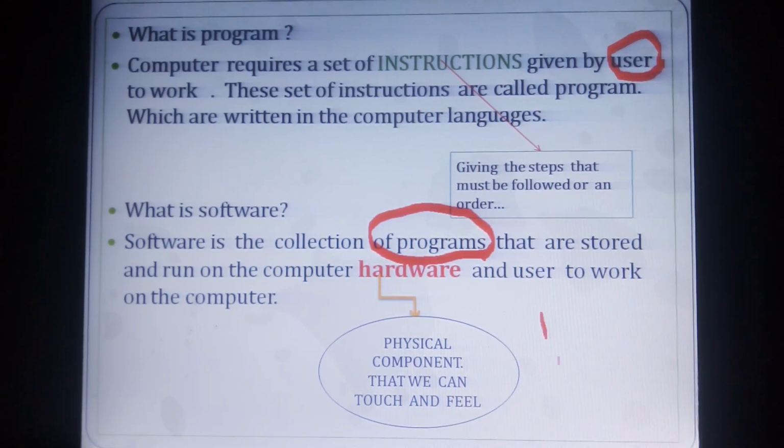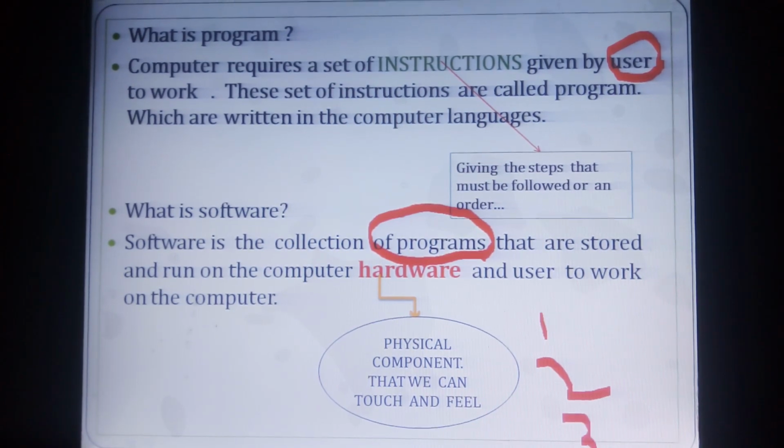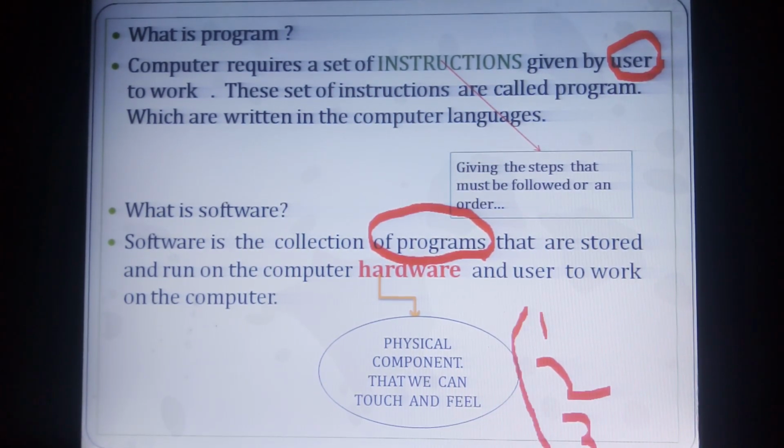Suppose 1 instruction, 2 instruction, 3 instruction, 4 instruction. These are a set of instructions, and a set of instructions is known as a program.